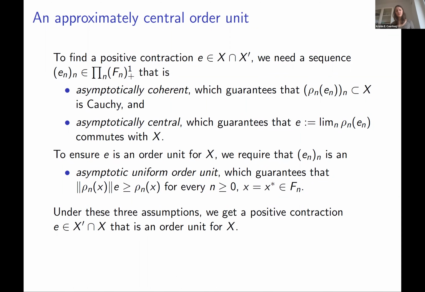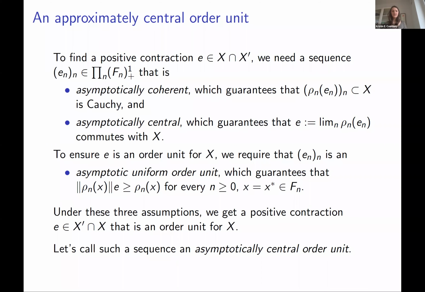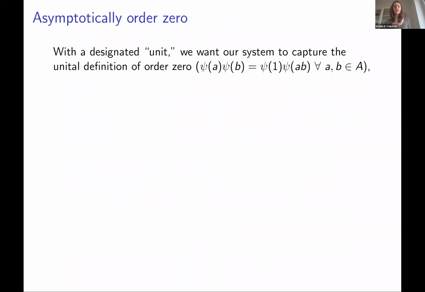And so under these assumptions, we get a positive contraction E that commutes with X, that lands in X and is an order unit for X. So just for the sake of this talk, let's call such a sequence an asymptotically central order unit. So now to get the last criteria, and this is the hardest one to really get, is this X squared